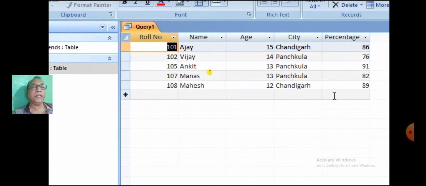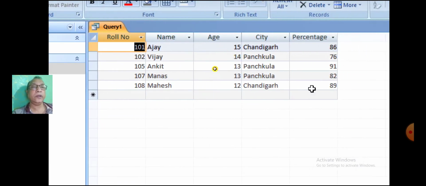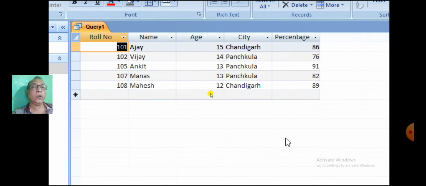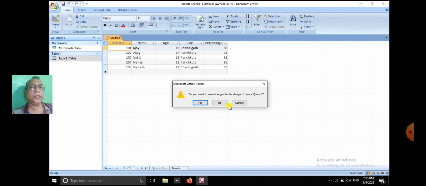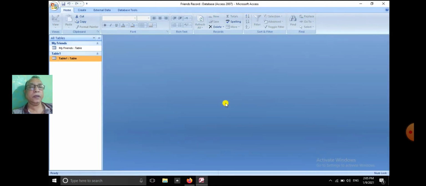Now the table is displaying the records who have scored more than 70%. Now close the query window. Don't save the query. Click on My Friends table.